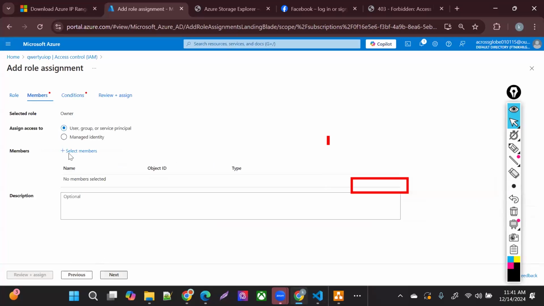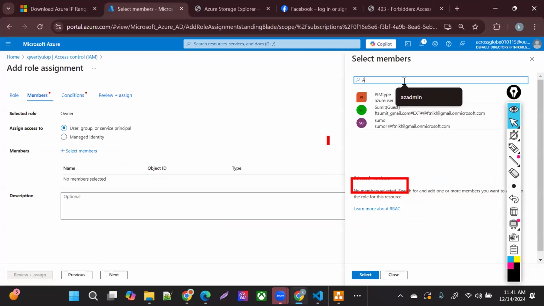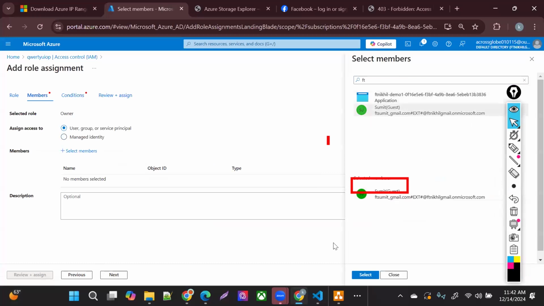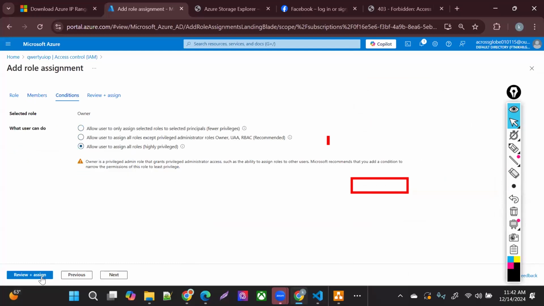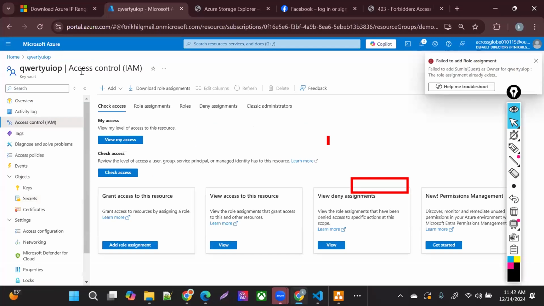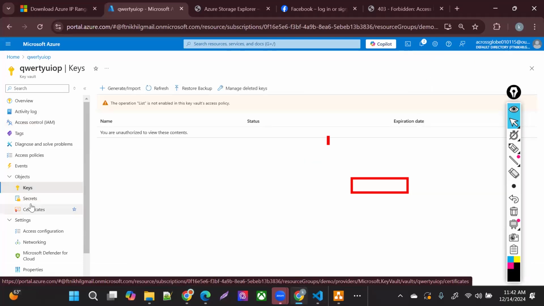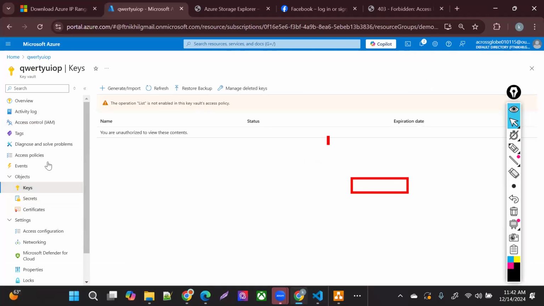Failed to submit. The operation list is not enabled for key vault policy.